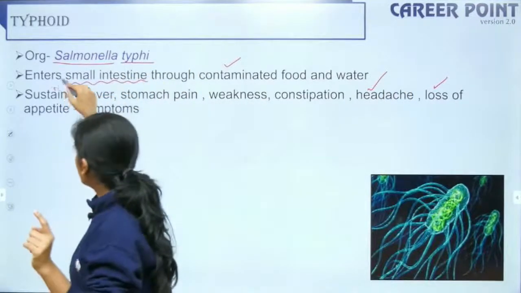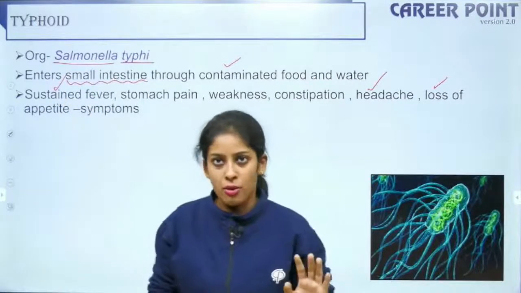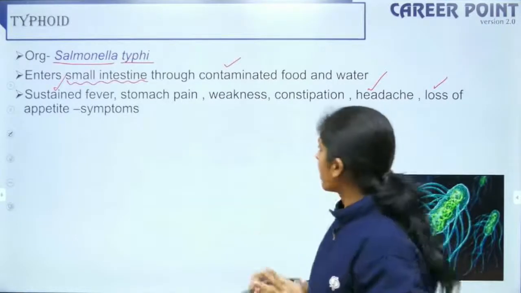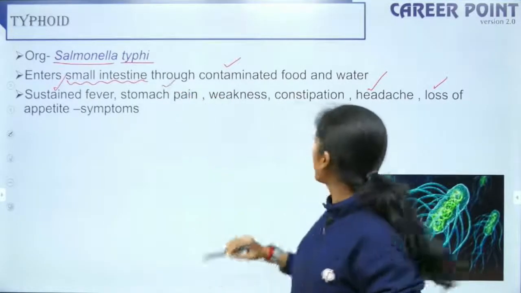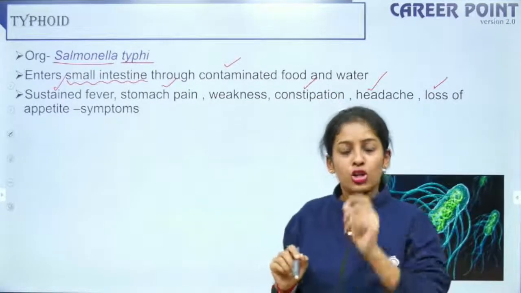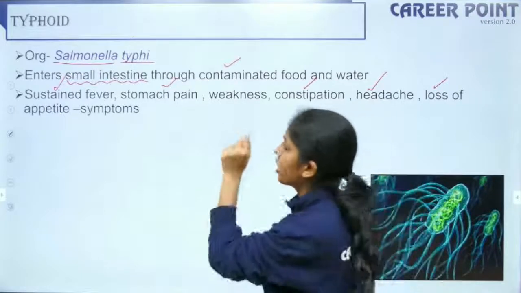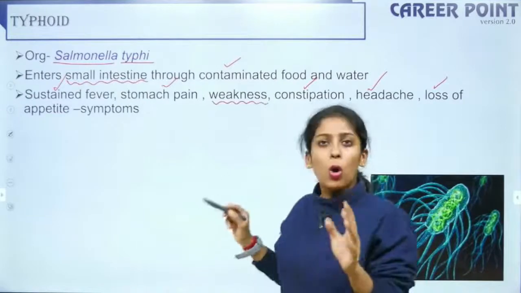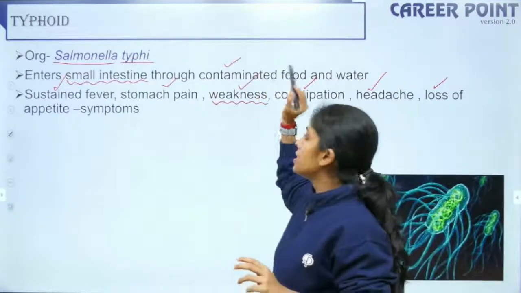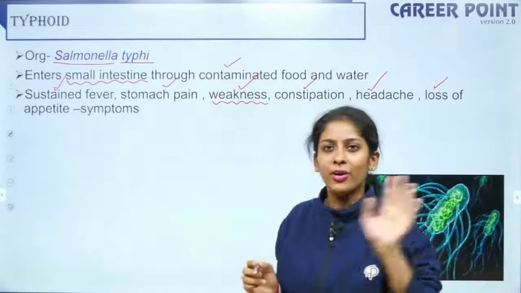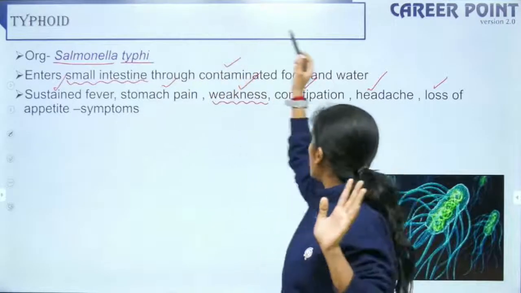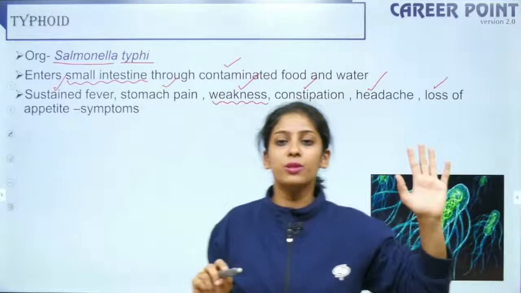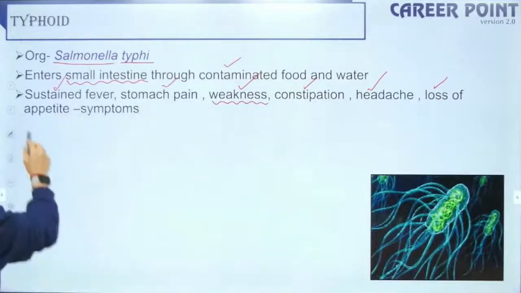Typhoid is a fever, which gives us 3 symptoms, right? Since this enters the small intestine and the small intestine is the target organ, this causes stomach pain, right? And this causes constipation. So we are relating 2 symptoms with the target organ, the small intestine. And of course, whenever you have even a common cold, you feel weak, right? So weakness is the utmost factor. Weakness and headache you can add everywhere, okay? Sustained fever, headache, loss of appetite, stomach pain, constipation and weakness are the symptoms of typhoid, right? Yes. So with this, we are done with typhoid.